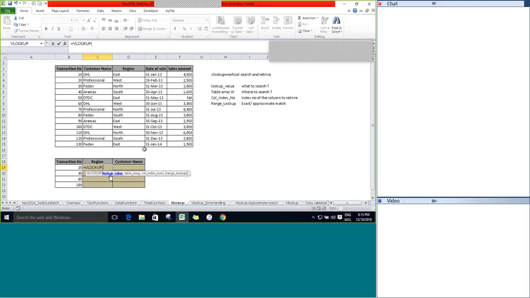What is lookup value? As we discussed earlier, the common column, the common values between the two tables, is going to be the lookup value. So we know that transaction number is going to be the common column, or common values, between the two tables. So we are going to use the lookup value as transaction number. The first value is 20,